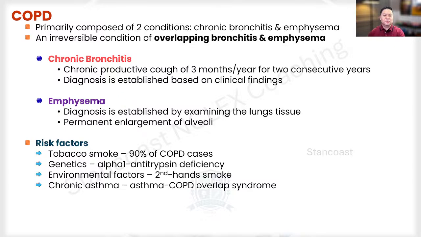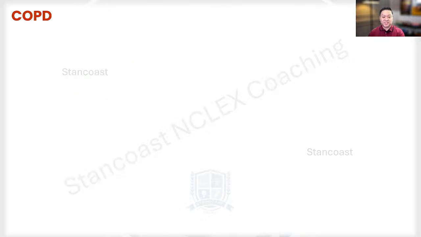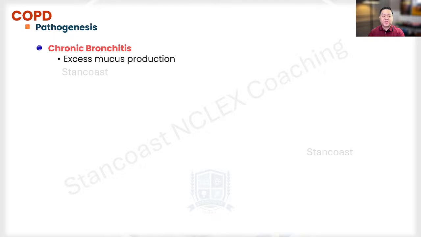All right. Now let's move into the pathogenesis of COPD. So we're going to discuss how it develops and also look into the differences between chronic bronchitis and emphysema. So as we know, it is a very common fact that chronic bronchitis patients are typically known as the blue bloaters, right? And so with this condition, there is excess mucus production, and this will now lead to the narrowing of the airways, which can actually cause the obstruction. Now, again, focus on chronic bronchitis.